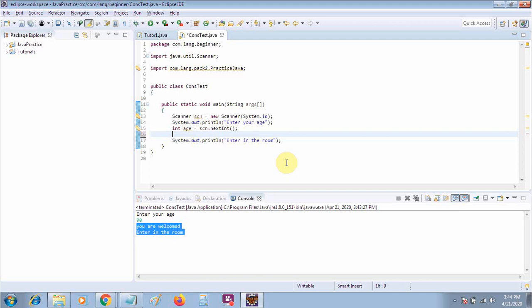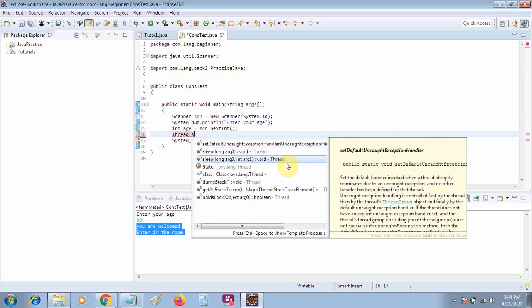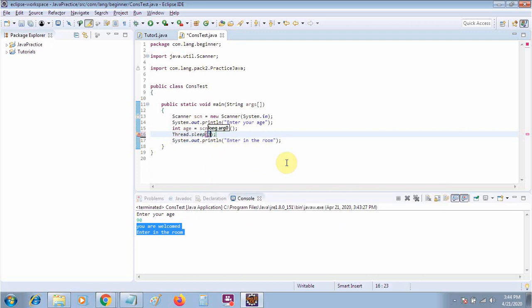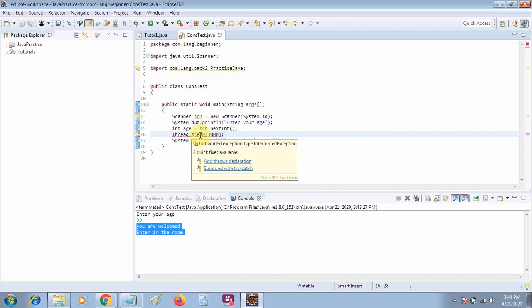I am taking a very small example. For example, I have a Thread.sleep command, which will make my system sleep for 3 seconds. So you can see there is an error. If I hover over it, it shows me two suggestions: either use the try and catch block, or throw the exception by adding a throws declaration.